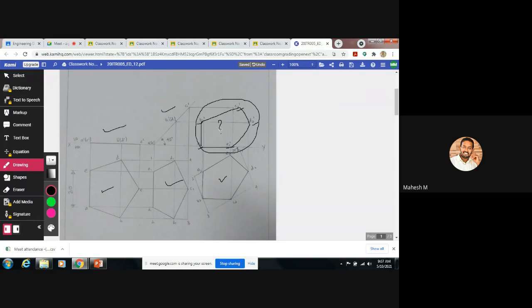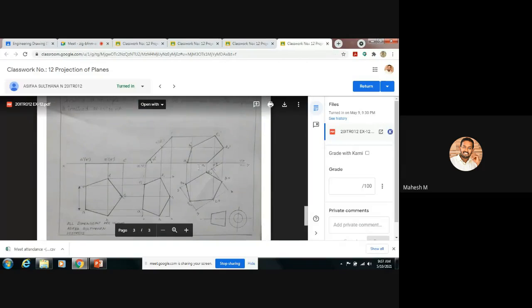Because this one is the required front view and this one is the required top view. You will get only 15 marks for this diagram. But compared with the previous one, all the other 5 diagrams are correct. And next one, so here